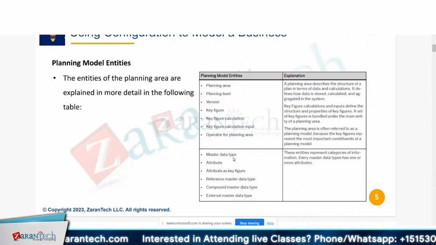Then you have master data type. As I mentioned in the previous slide, on this slide you have master data attributes as key figures. Then you have reference master data type, which is basically used for referring to some other master data and copying. For example, if you are introducing a totally new product which does not exist so far, you can select the reference master data from a similar product which is already in your portfolio,